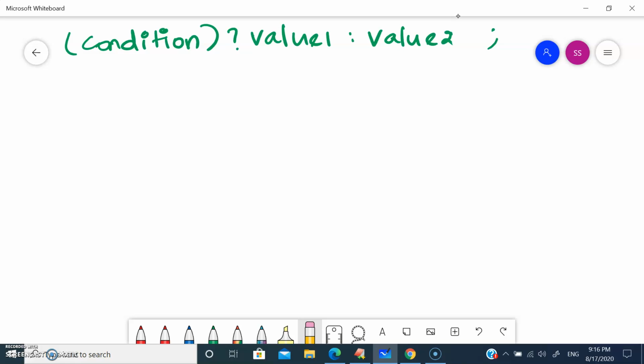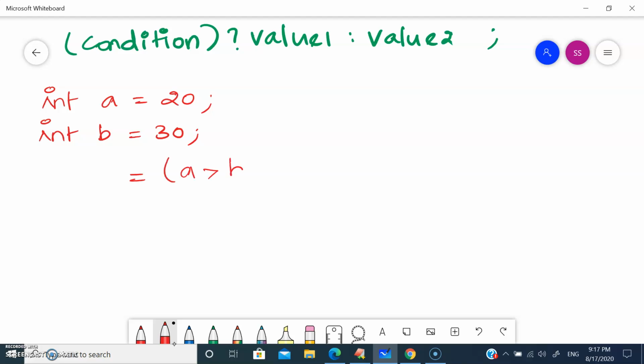So let's take an example: int a is equal to 20, int b is equal to 30. Let's write it in the format of the ternary operator. For the condition, I can take a is greater than b. If a is greater than b, then it should go for a, or else b.